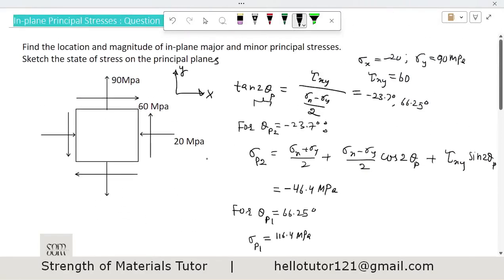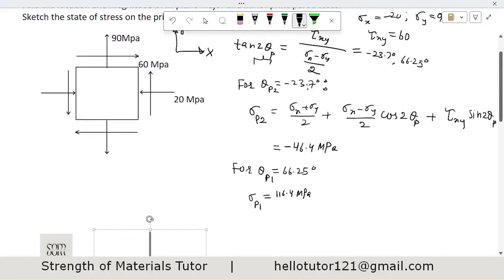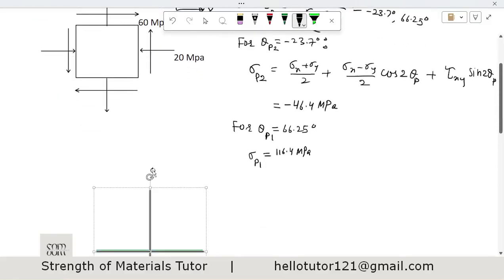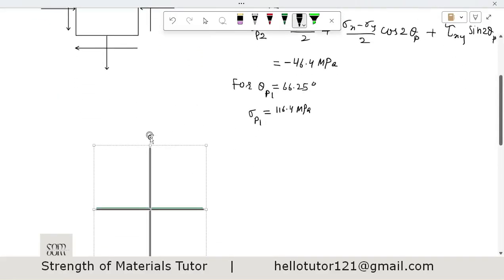Okay, now what is the angle? We have to get any angle. Let us get this one. Theta P2 is minus 23.7 degrees. Okay, so negative means clockwise. So when I rotate this by 23.7 degrees clockwise, okay,